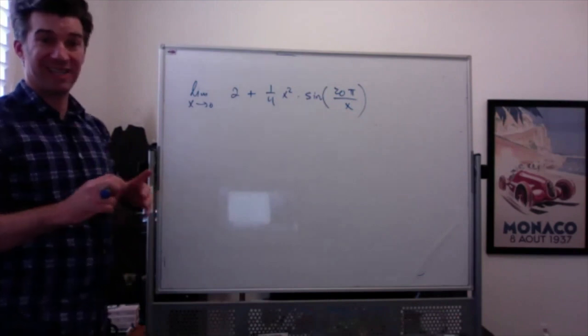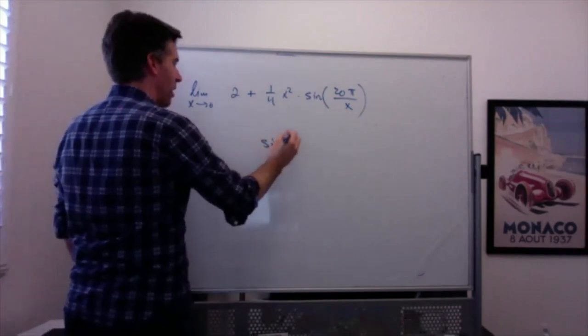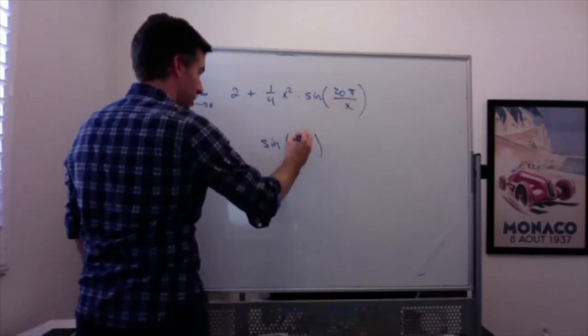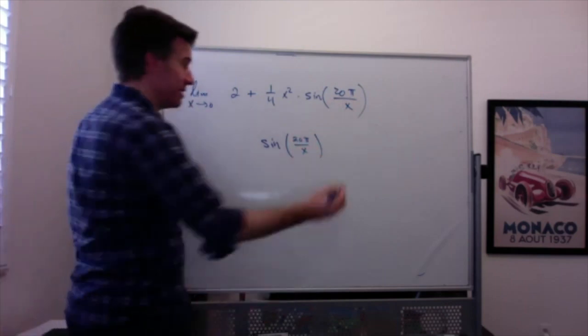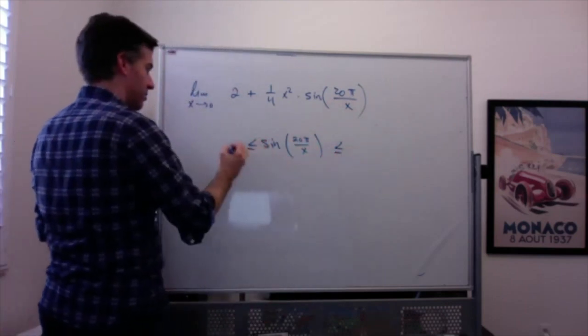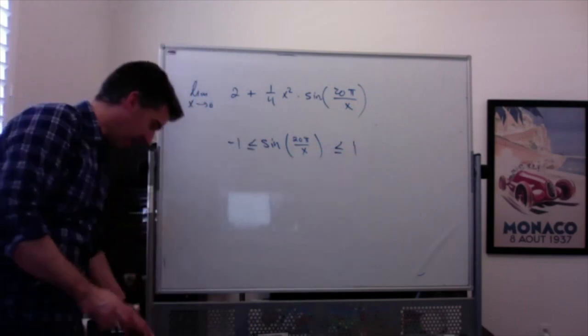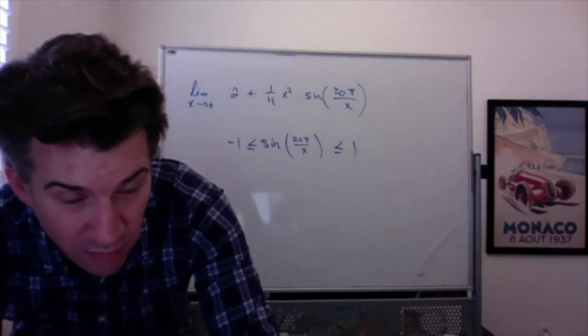So here's where we're going to start. We're going to start with sine of whatever you want to go in there. In this case, it's got to be the 20 pi over x. Sine of 20 pi over x is definitely between 1 and -1. In fact, just so that you guys really believe me,